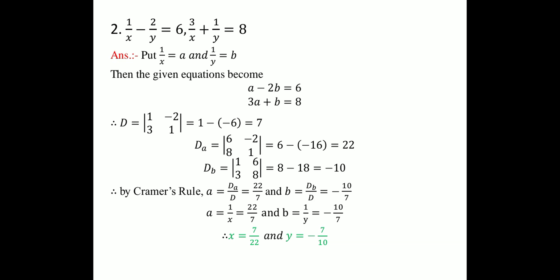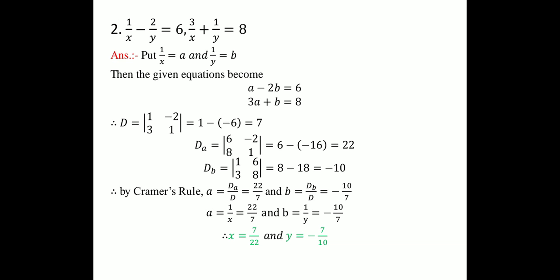This is a simultaneous equation with two variables. Okay, find out the d. D, that means the coefficients of a and b, that is the determinant of 1, minus 2, 3, 1, which is equal to 1 into 1, taking cross multiplication, 1 minus 3 into minus 2, that is 1 plus 6, which is equal to 7. Okay, next find out the dA. Again we replace the coefficients 1 and 3 by 6 and 8. Okay, that is dA is equal to the determinant of 6, minus 2, 8, 1. Taking its cross multiplication, 6 minus of minus 16 is equal to 22.